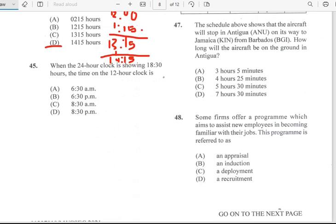Alright, number 45. It says, when the 24-hour clock is shown 18:30 hours, the time on the 12-hour clock is, let me see on this one. So I'm going to try to calculate this one as well. Alright, so 18,